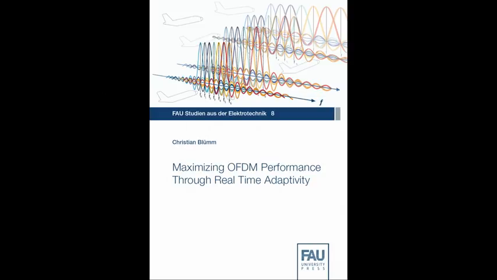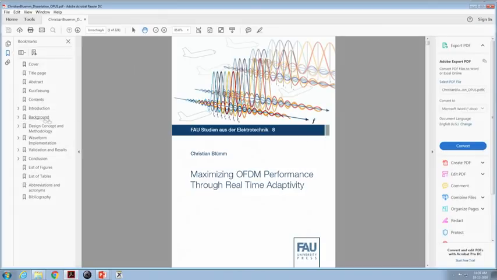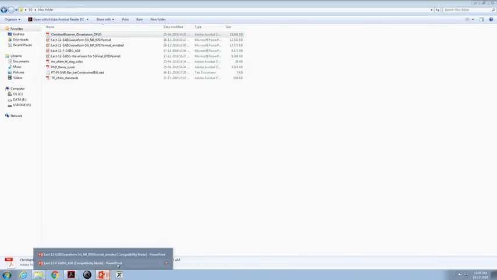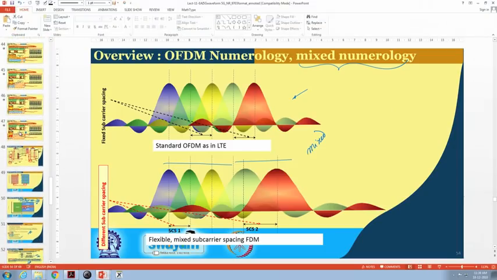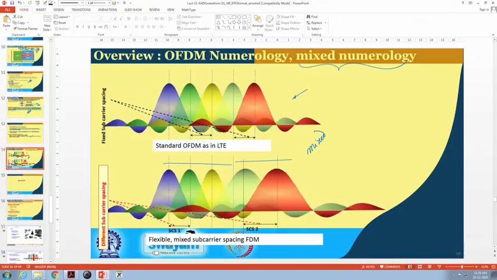So, as you can see from the picture which is depicted on top of the particular PhD thesis by Christian Bloom, which is maximizing OFDM performance through real time adaptivity, and when you go into the details, you will also find that they have also referred to the work that I just presented as being one of the first kind of work in this domain, and we are all extremely happy that finally these kind of proposals which we thought were pertinent are finally being used in the 5th generation system, where the terminology that is used is numerology,